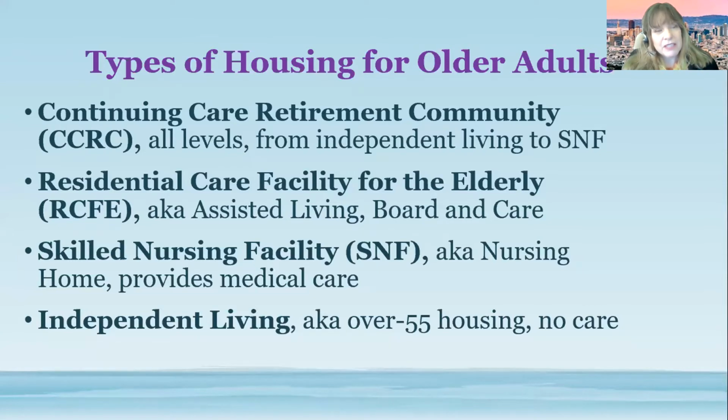Some examples of these communities I will share with you later, but let's just focus on the definitions first. So the next type of housing for older adults is what's called in California the Residential Care Facility for the Elderly. So these are known as RCFEs. Sometimes you see them talked about as assisted living or board and care,